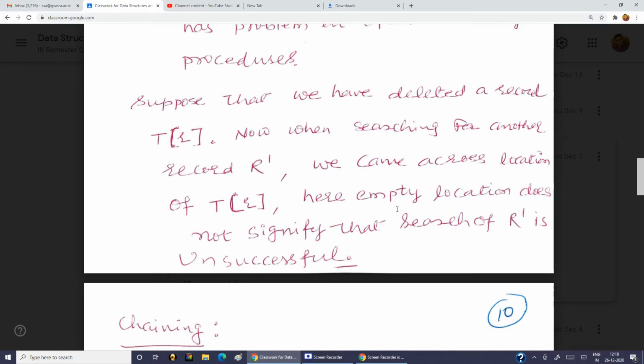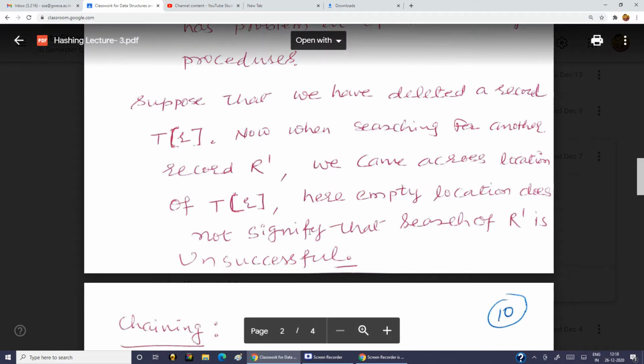At this empty location, you will conclude that r is not found because you have reached an empty location. But the empty location does not signify that the search for r is unsuccessful; it is due to the deletion operation. There is a possibility that r is somewhere ahead of tr.